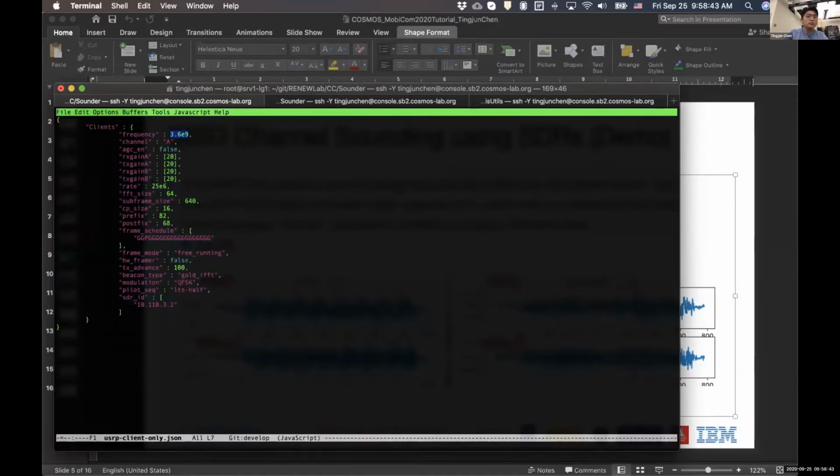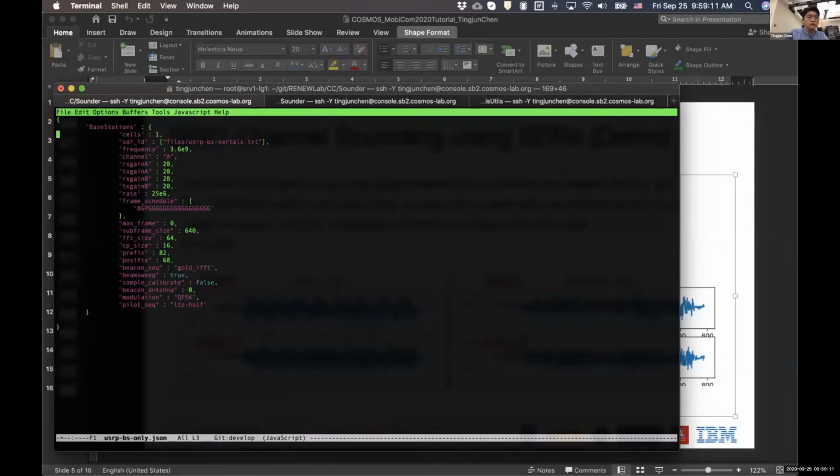gigahertz. We're going to run the real-time bandwidth of 25 megahertz. Here, we're going to use a frame schedule, which transmits one pilot symbol on the uplink, indicated by the letter P here. So this is the setup for the client side. Since we're running a single channel, we specify the channel as channel capital A. And similarly, we can configure the